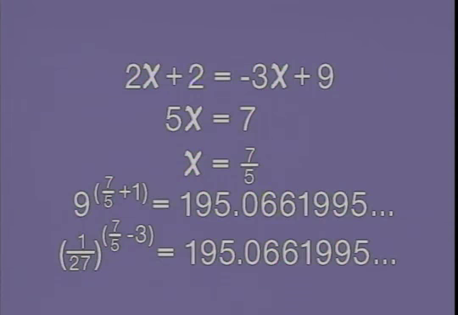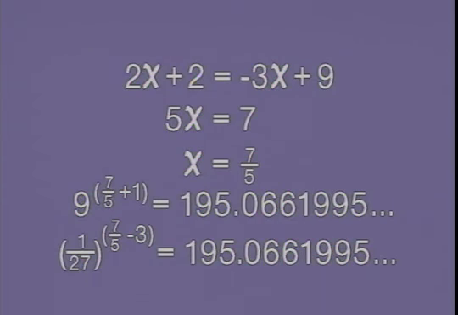And by the way, we go back into our original problem, 9 to the x plus 1. Well, x plus 1, if x is 7/5, that would be what? That would be 12/5. And 9 to the 12/5 means take the 5th root of 9 and raise it to the 12th power. I don't think you can do that in your head, and probably using your fingers won't help. Again, we call for the calculator. I took a calculator and raised 9 to the 12/5 power, and I got a number that was